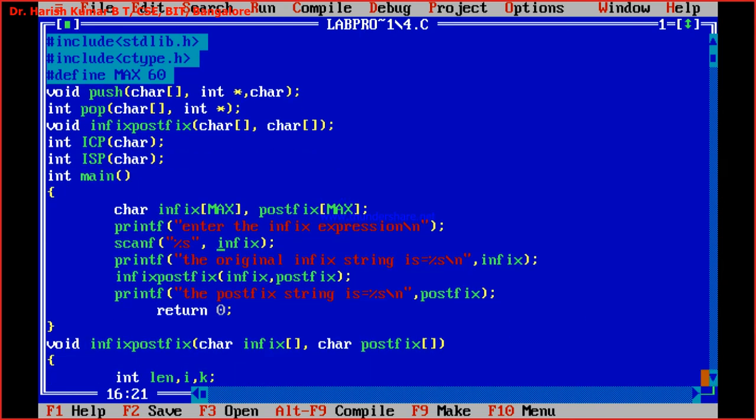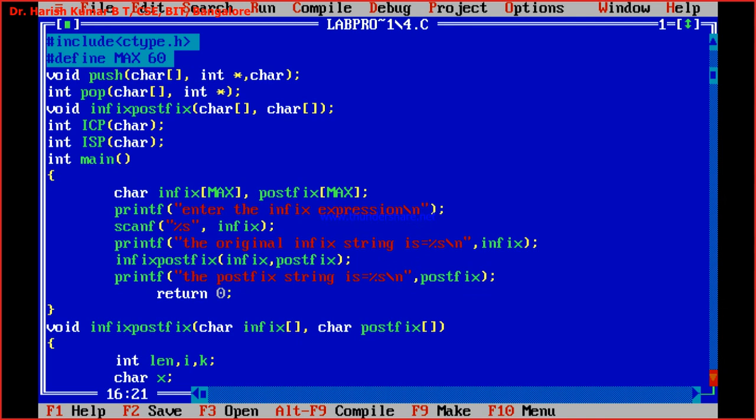Should we initialize postfix to 0? Not necessary, because we are reading it. If you want, you can initialize. I've already shown you how to initialize it. If you want, you can initialize both, because there could be something in postfix. Yes, initialize, no problem. It is always good to initialize. Correct, no?